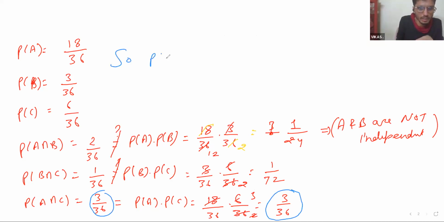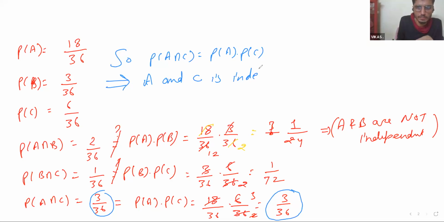So probability of A intersection C is coming to be probability of A times probability of C. This implies that A and C are independent. So I hope this clears the definition of independence.